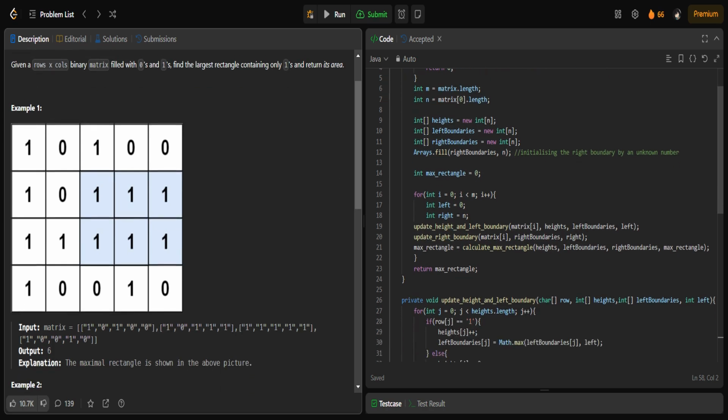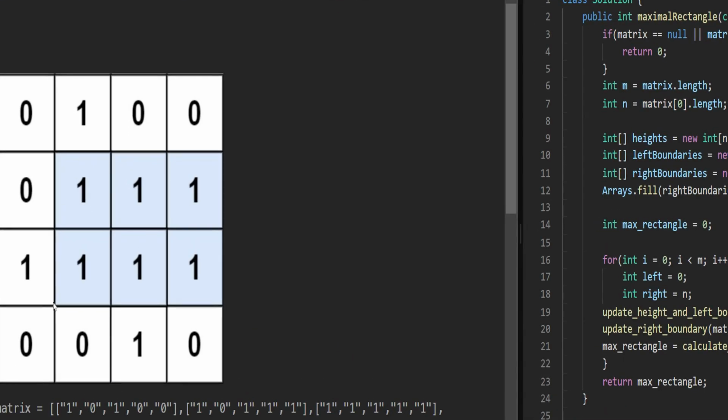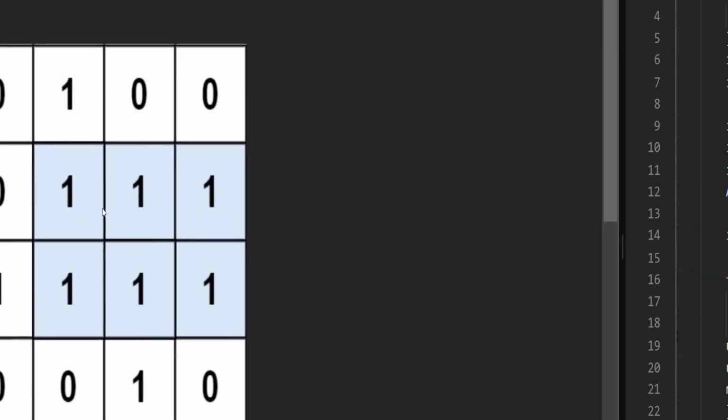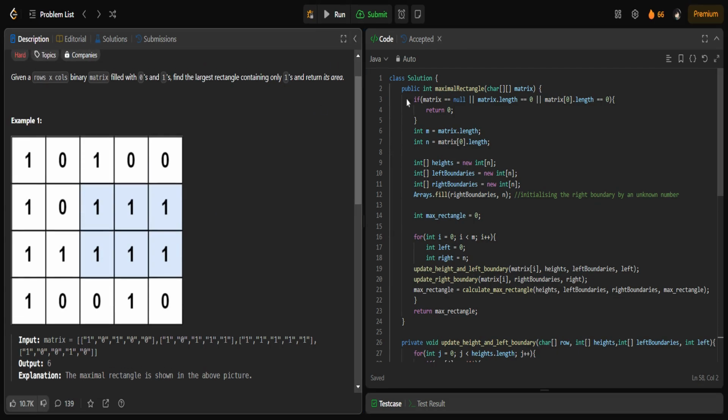First of all, don't be afraid of this big code here. It's very easy. We can approach this question by taking the left boundaries and the right boundaries of this matrix. For example, if we want to iterate this whole rectangle, we can first take this left boundary and then we can take the right boundary. Then, once the area of these two rectangles is calculated, we'll move on to the next part, which is this middle part. Then we'll calculate this and this, followed by every rectangle in this big given rectangle. So, let's move on to the code.